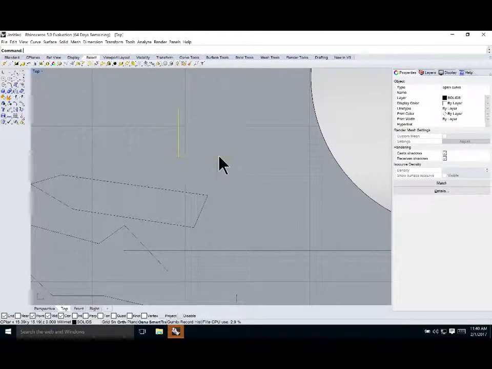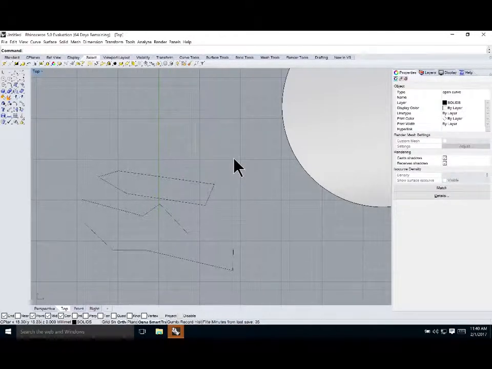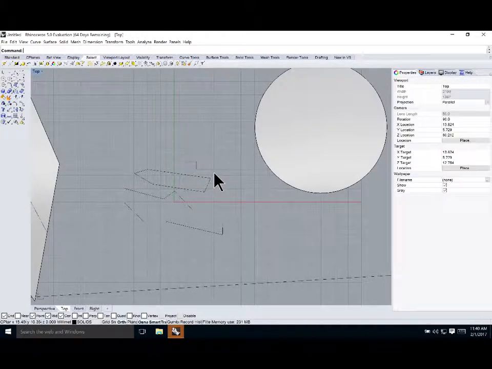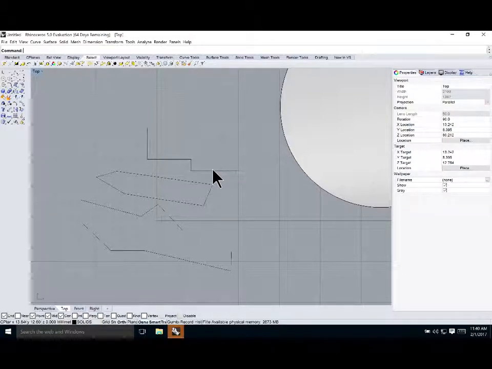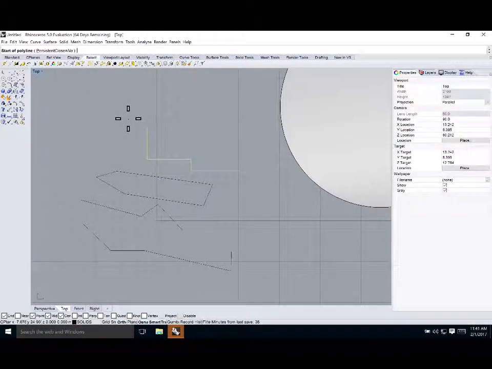Again, I'm drawing this polyline, but this time with my ortho on, and so now it's perpendicular, and all the line segments are in the XY. So if you are, let's say, tracing a conventional house plan in Rhino and then you want to extrude it later, then it's good to have ortho on. And if you have ortho on and you don't want to be turning it on and off all the time, if you just want to temporarily disable ortho, then